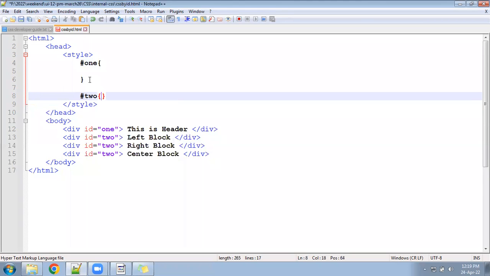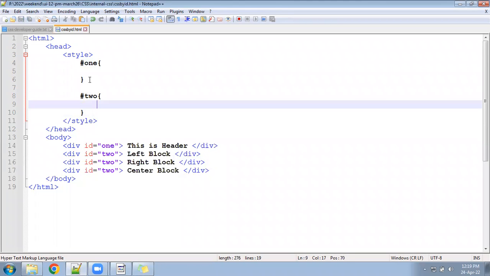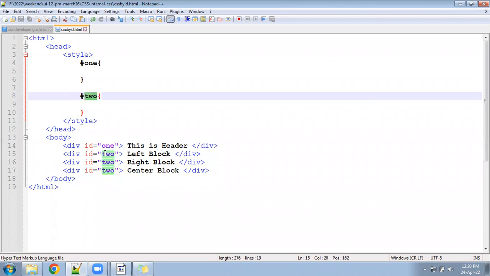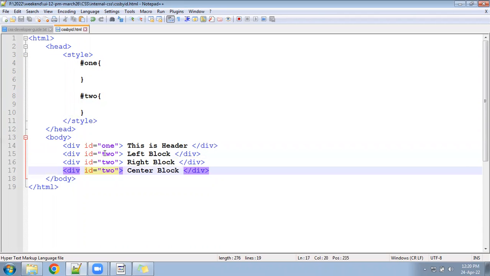Wherever you apply the hash, it will be considered as an ID. So we created one in the beginning, and created 2 two times in the bottom. Next, after that,